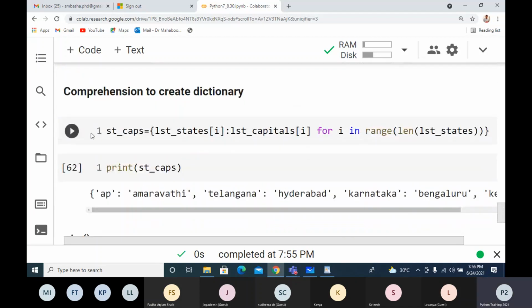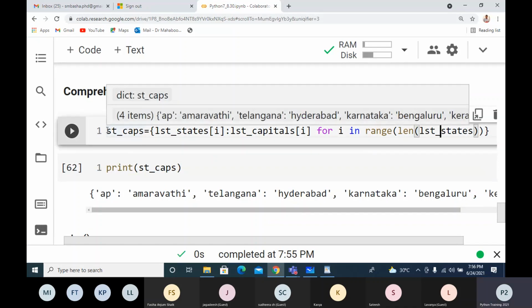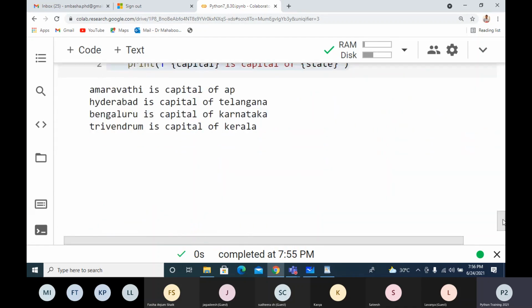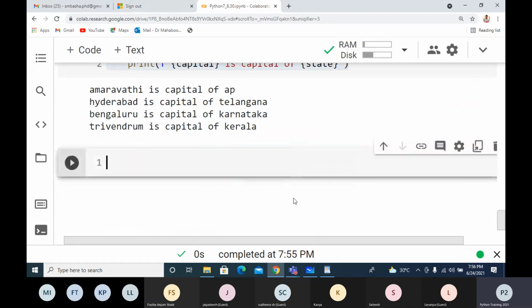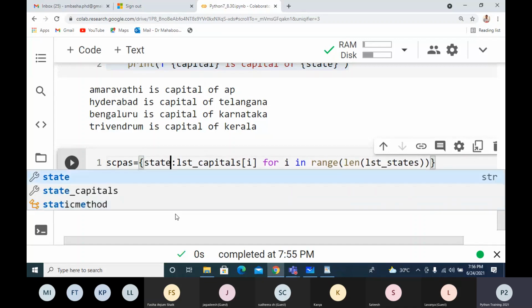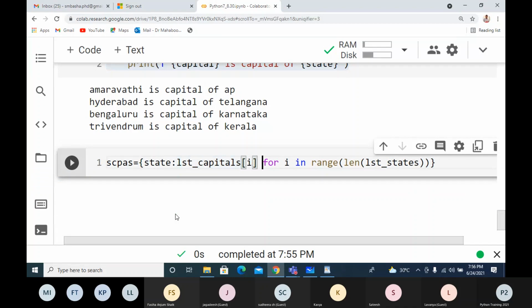Now, if I take the same comprehension with zip, we can modify it, but it is not actually the final version. So I can write the comprehension here. I'll take a dictionary here, with state and capital. So that is better, more readable. I don't require i and all.